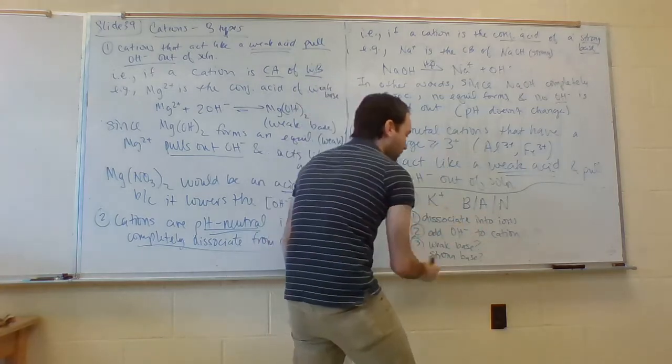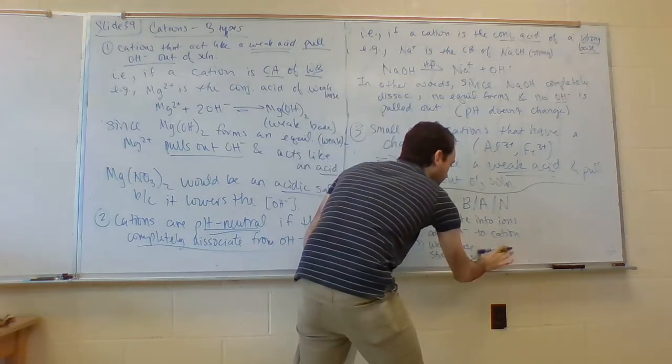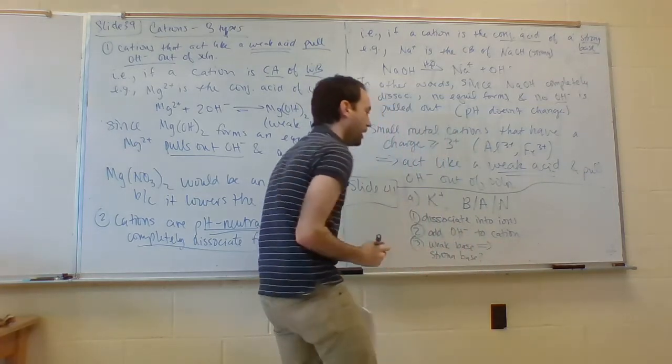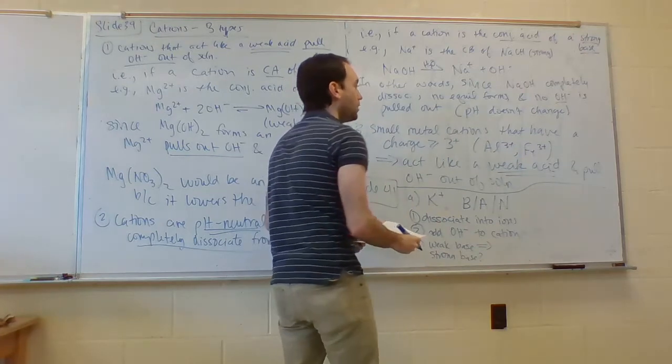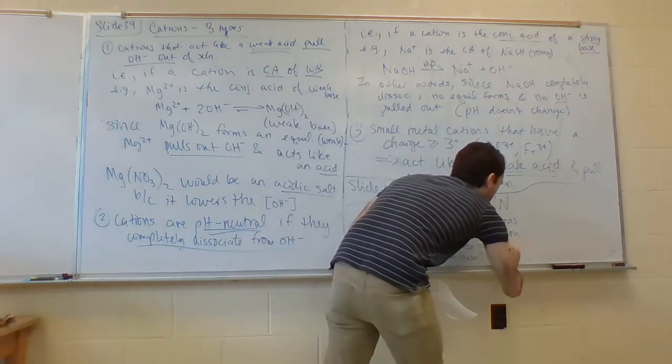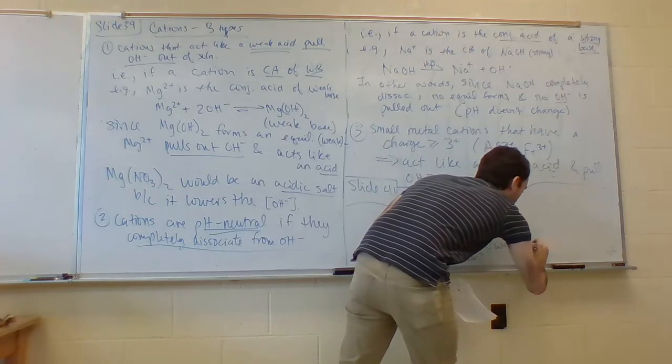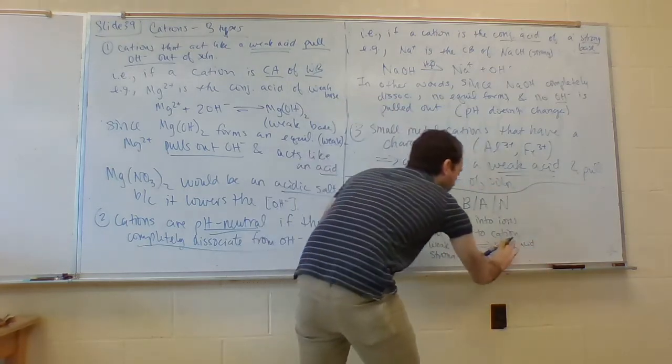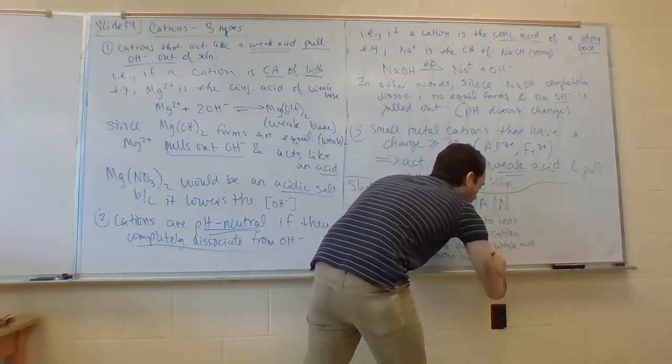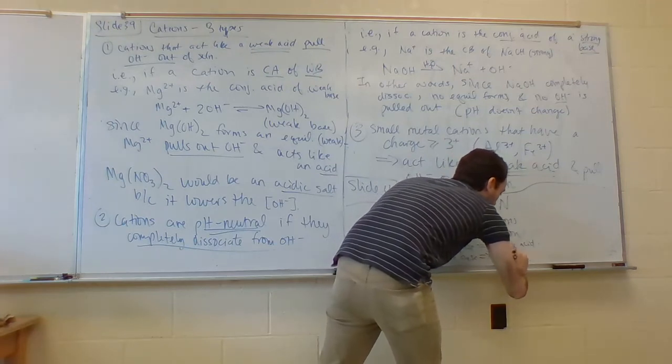All right, if it is a weak base, okay, then that means that it will be a weak acid, okay? If it is a strong base, it will be pH neutral,